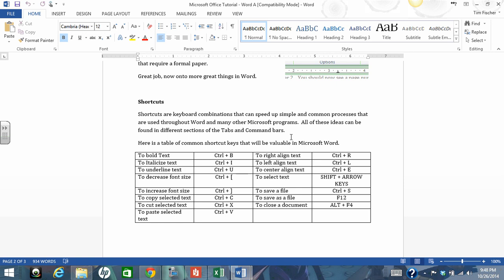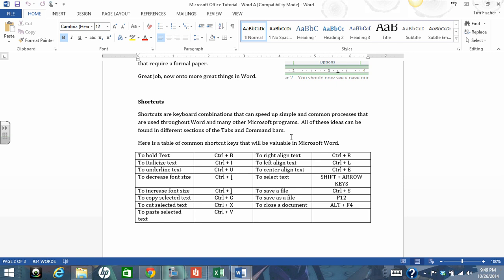However, what I do know is as I learned the shortcut keys, which you're seeing in this table in front of you, or if you have the sheet in front of you, you can see that as you look at these shortcuts, you might think, why would I ever want to know this stuff? You're really going to find out that by learning these and memorizing these and using these, you're going to become